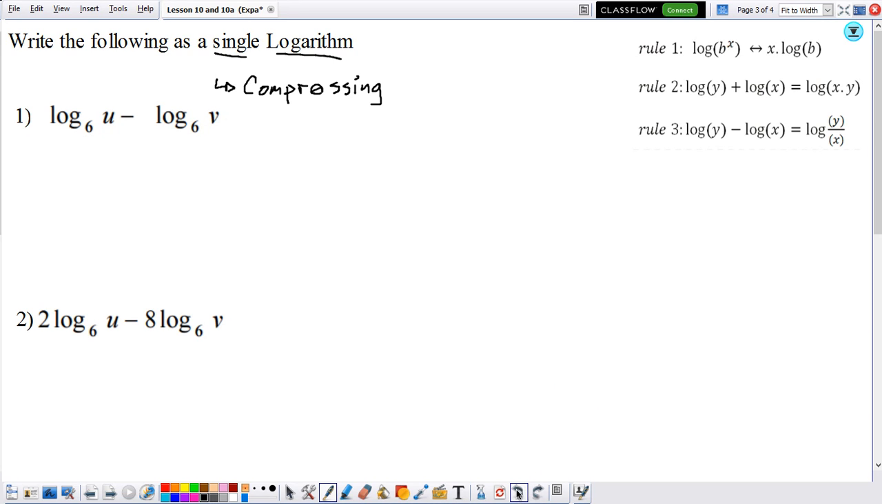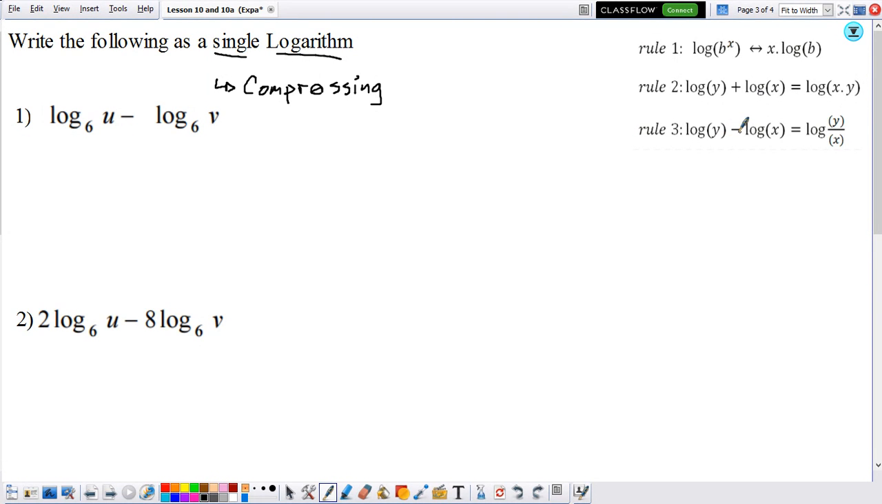Now, how do we compress a logarithm? Let's actually talk about the problem now. Well, we're going to use the three rules here. Notice that here we have subtraction. So does the first rule talk about subtraction? No. The second rule talks about addition. No. So here our third rule